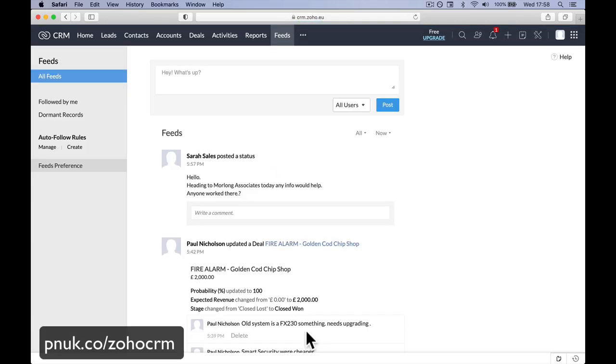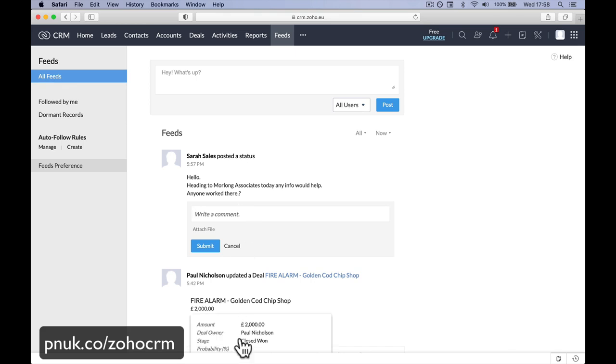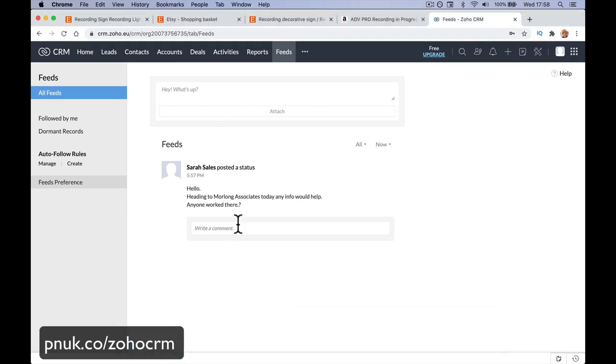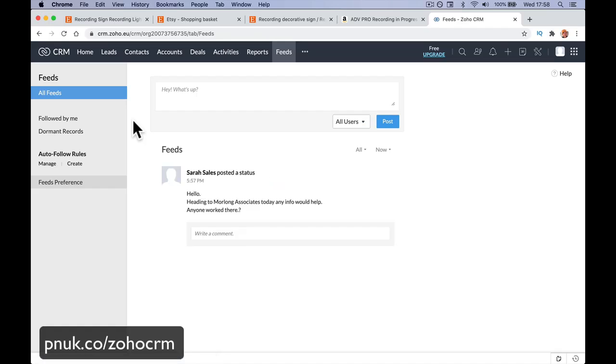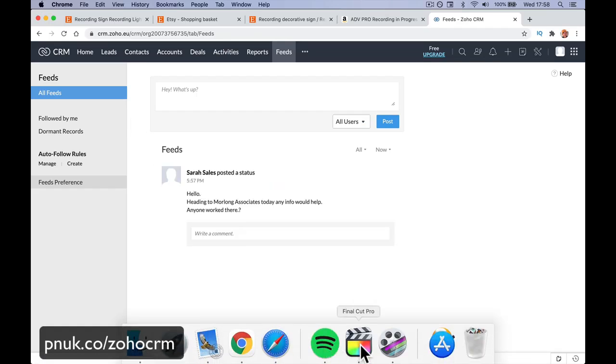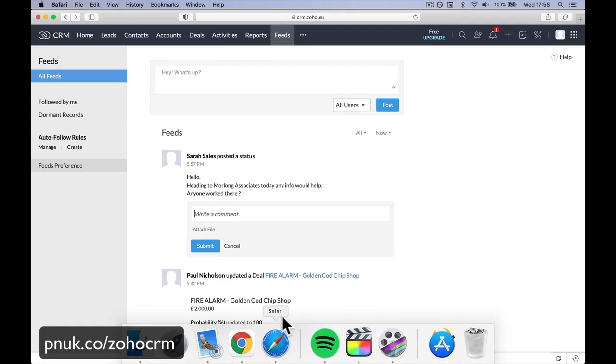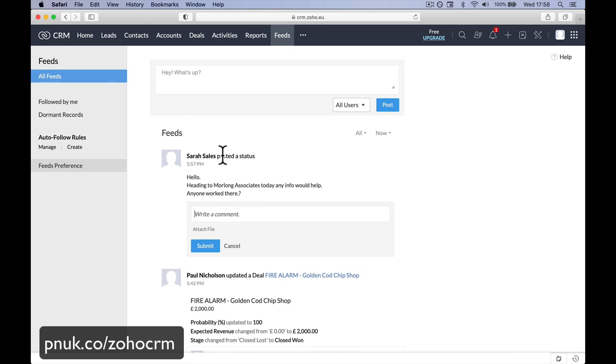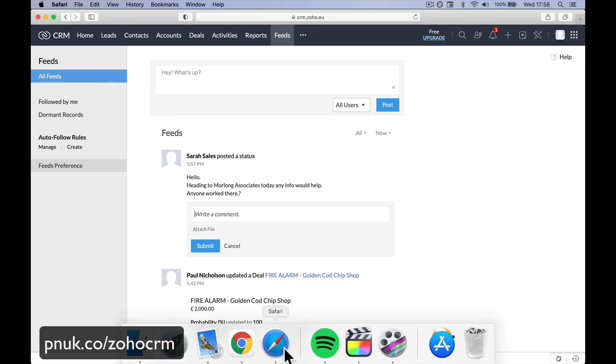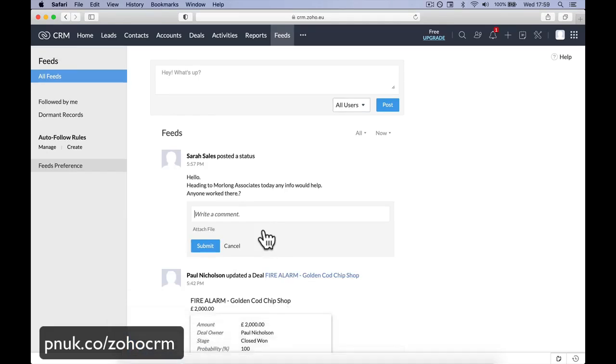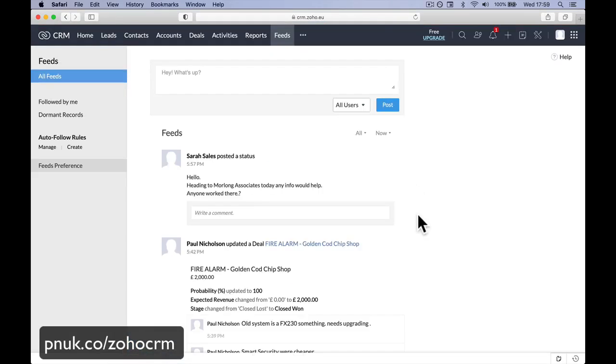Deleted user posted a status. Why? Oh man, every time I do these new ones, there's always something that catches me out. See, it says Sarah Sales there. It doesn't say deleted user, does it? Maybe I haven't activated her account properly. Now when I go to it, it says Sarah Sales. It just changed on its own. So anyway, obviously setting up a brand new system, you would be a little bit funkier, but